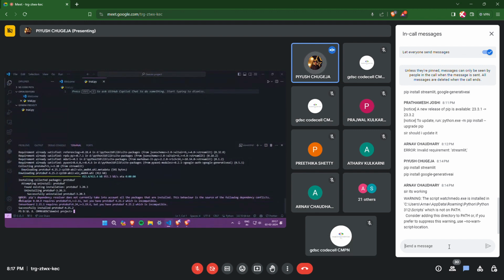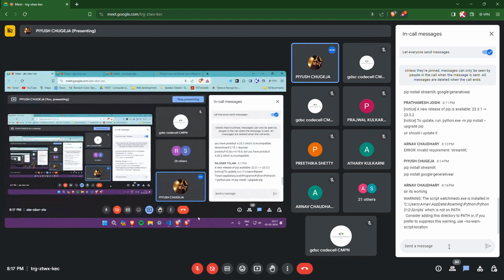Yeah, Sakshi, as you can see on my screen, I have also gotten this error, but it does not make a difference. Your project will still run. Do not worry about it. Yeah, Rajveer, this is just asking you to update your pip installer. If you wish to, you can definitely do that. For now, we just have to install these two libraries, Google Generative AI and Streamlit.